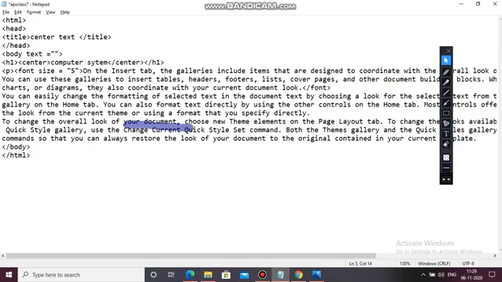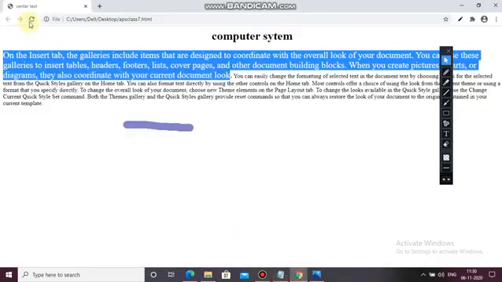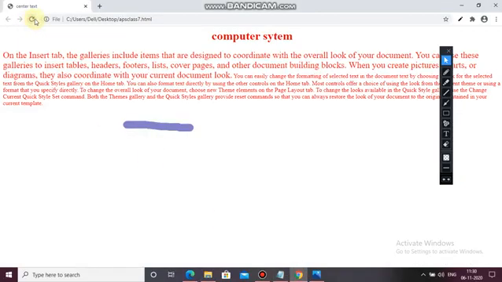If you don't know the color code, if you are not remembering the color code, then you can directly write the name of the color. Just now, hope I am not remembering the code, so I am writing the color red. See, it accepts it. Whatever text is written in the document is changed into a red color.